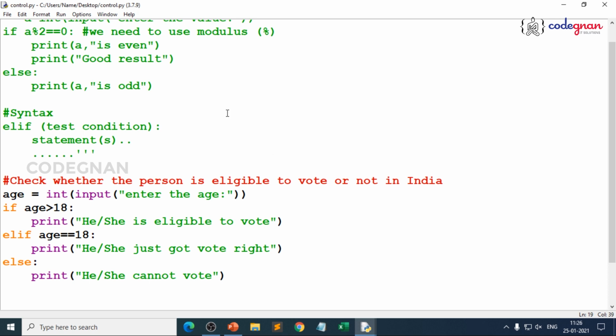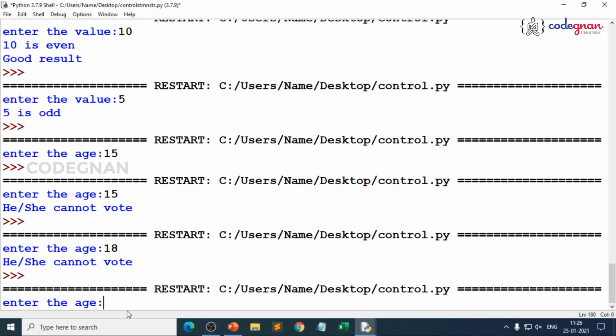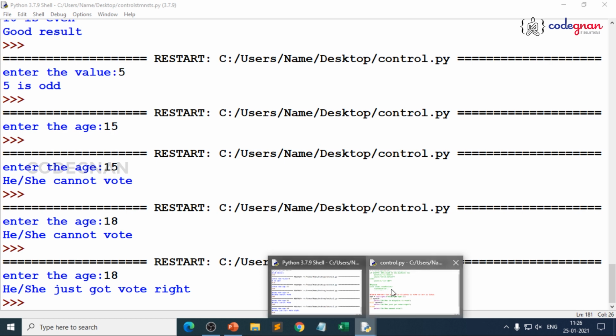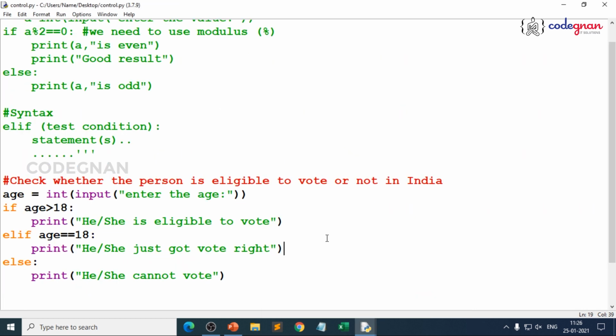Now when I save and when I execute, what is the input? Suppose I give 18, you see now the result within the elif block you are able to print. That's where you need to understand how far you are making some changes. It's fine. Now if you enter 20, you get the first result, because age is 20, 20 greater than 18. 18 equal to 18, or if it is less than 18. Very good. You are having proper multiple conditions and your program is very good to execute.